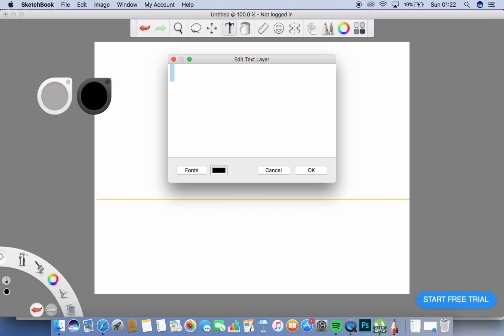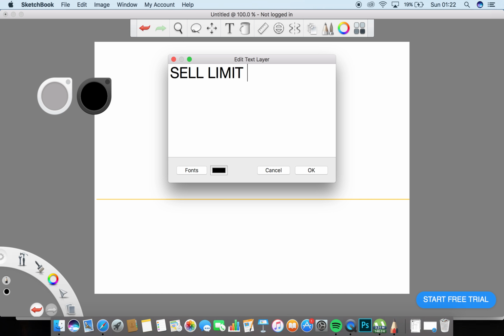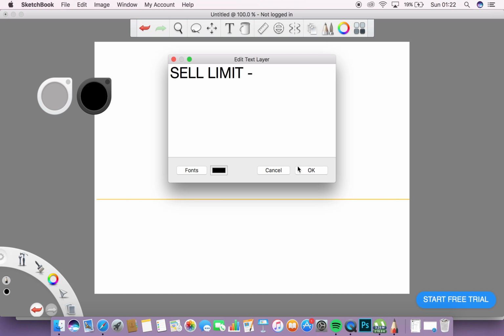The first one I'm gonna start with is the sell limit. Okay, now let's say a sell limit is basically when you want to sell, trade downwards at a price that is